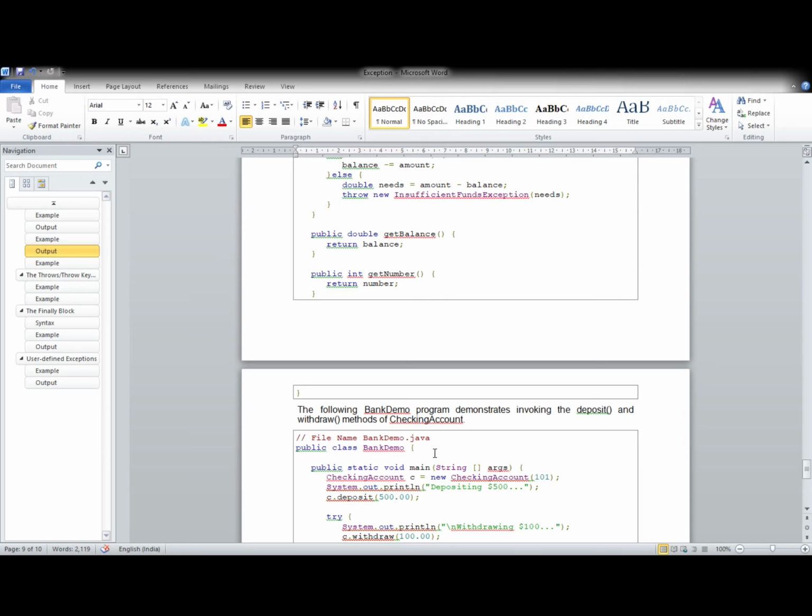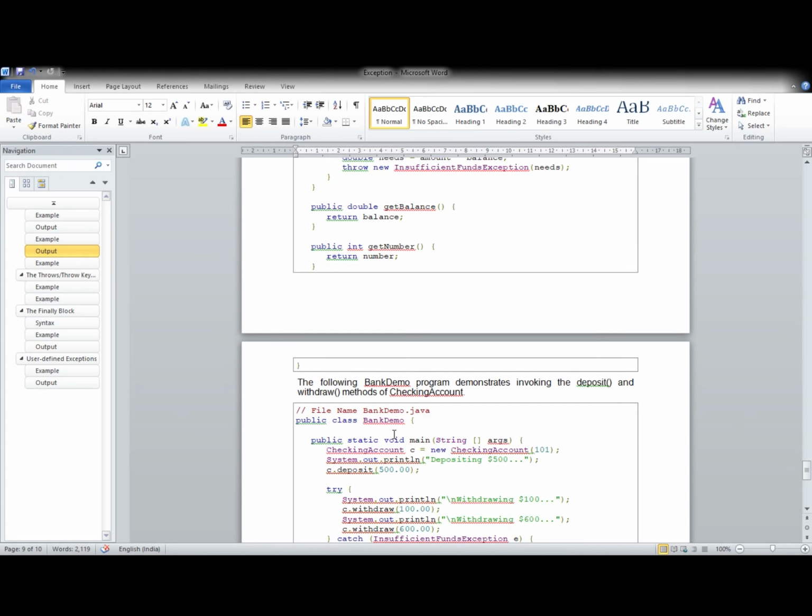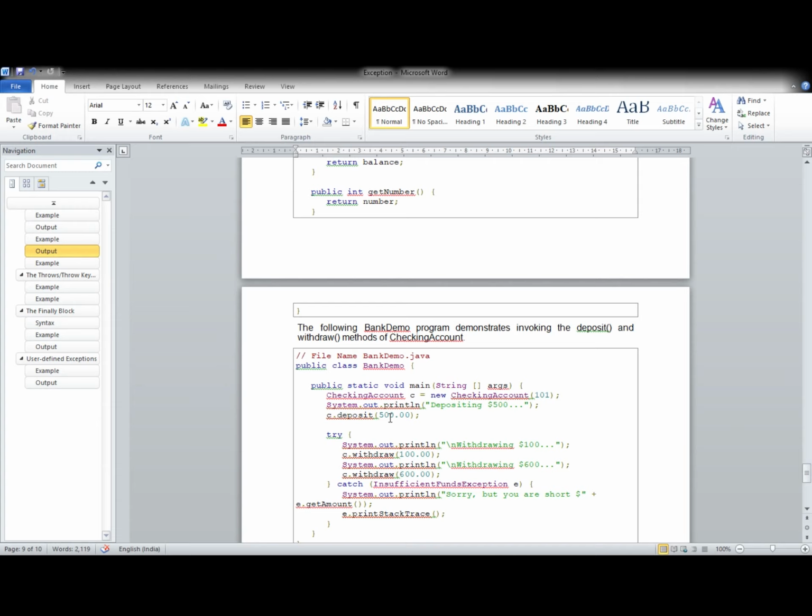This BankDemo.java shows the execution, whether the exception is thrown during execution and what will be printed. Let us see. Public class BankDemo, the main method: checking account is equal to new CheckingAccount, depositing 500. Then withdrawing 100, c.withdraw 100, it is okay, less than 500.